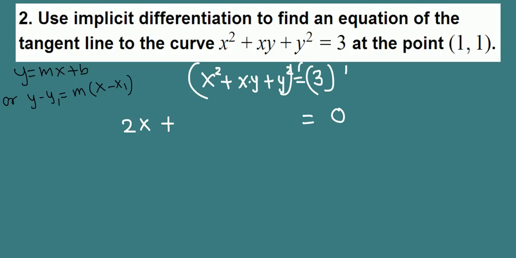So derivative of x times y, we need to use product rule. Using product rule, derivative of first factor times second plus derivative of second factor times first. Derivative of y is y prime, that's not 1. Derivative of y is dy over dx, that is what we are looking for now. And derivative of x is 1. So using product rule, the derivative of x times y is this, plus